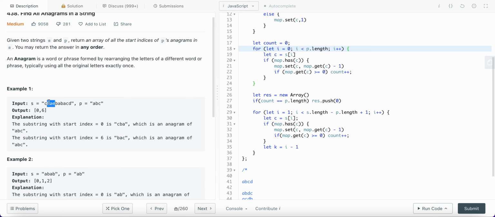So starting from 1, I'm actually removing the character at index 0, which is i minus 1. So that is what I'm doing here. And now if map has that character, only then we need to change our map, +1. So I updated my map, and then if only map dot get c is